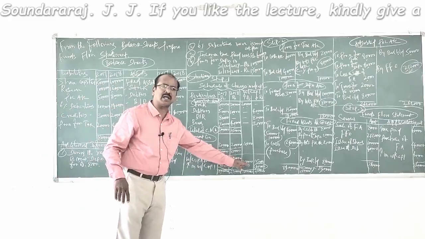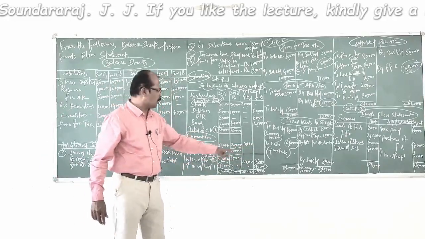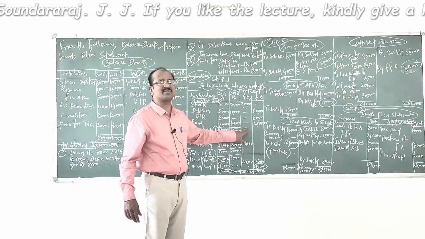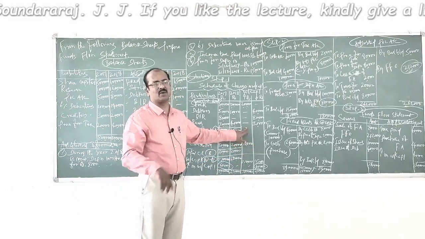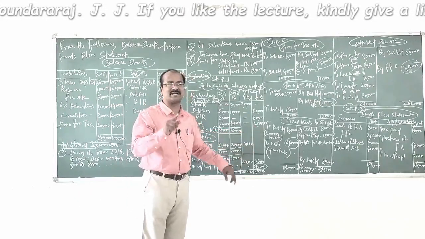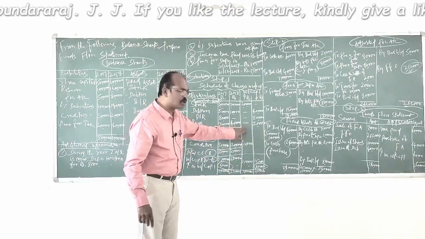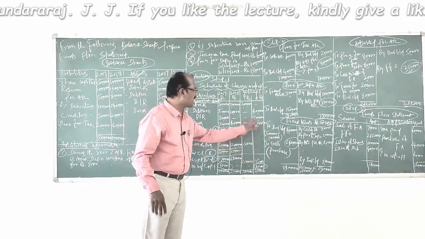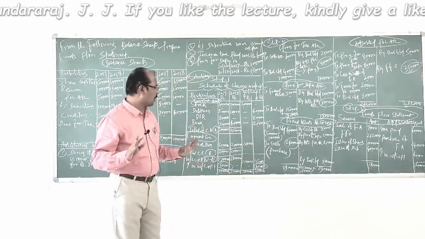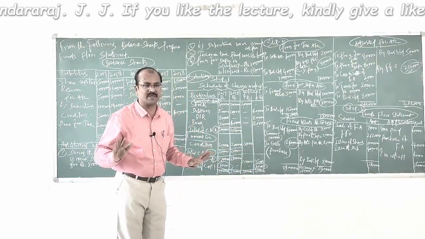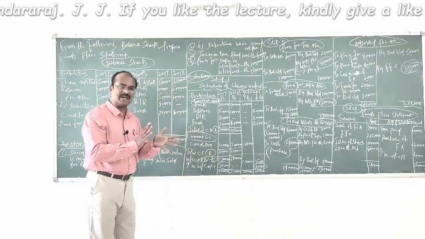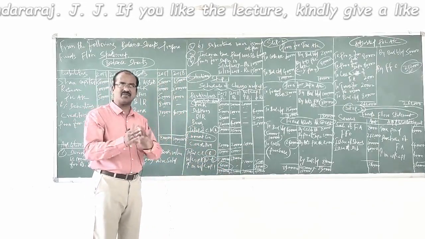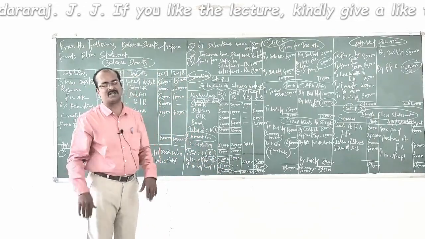Now we also total the remaining two columns. What does this column stand for? This column stands for increase in working capital. The other column stands for decrease in working capital. So the total of increase in working capital comes to 2,10,000. Total of decrease in working capital comes to 1,50,000 rupees. You understand? Now, let us balance the columns as we normally do balancing of ledger accounts.